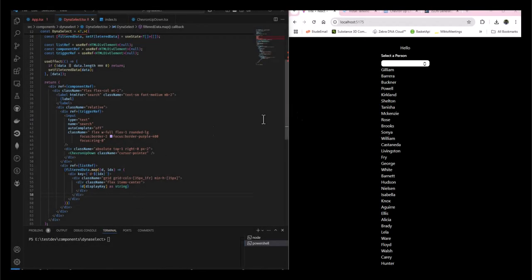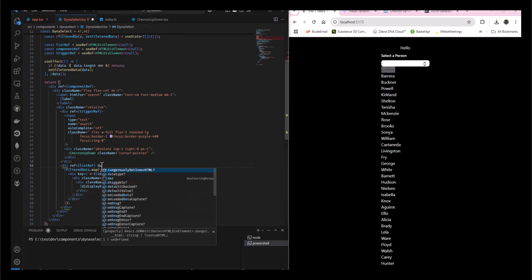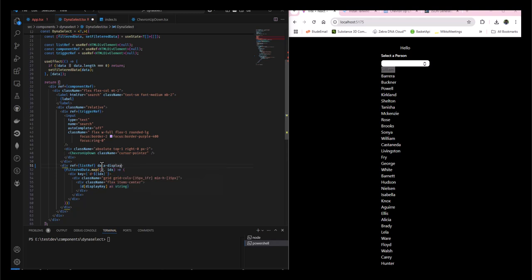Okay, let's work on showing and hiding this list based on whether or not the user has clicked right here. So this is where it gets really, really interesting with Tailwind. Make sure I don't butcher this. So underneath the list ref, what we're going to do, we're going to get a data display, and that's going to equal closed. We're going to give it a class name,